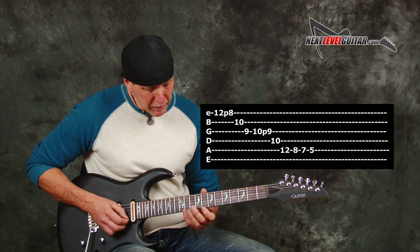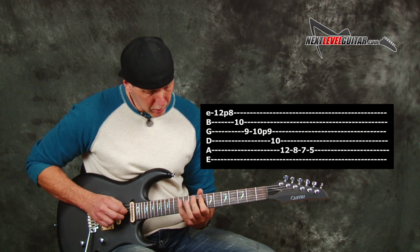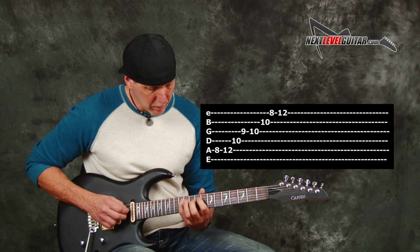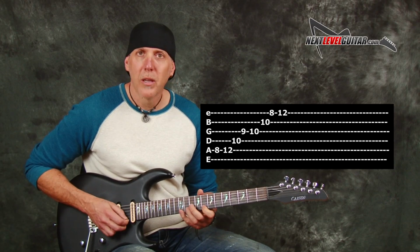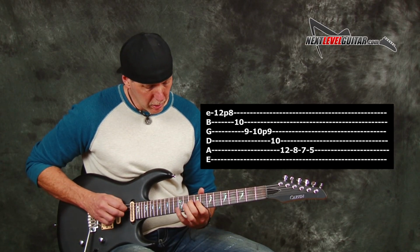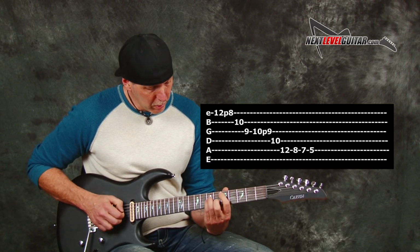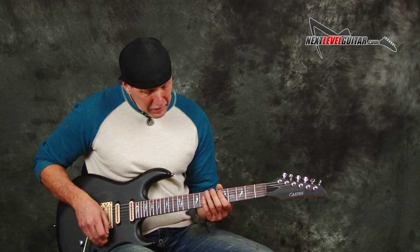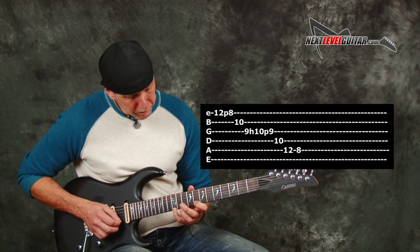Now, that triad is part of another arpeggio, and it sounds like this. I brought it back to the D, but that arpeggio, I love that one. Nice one to sweep. See how I can make it sound D minor. Now this arpeggio,